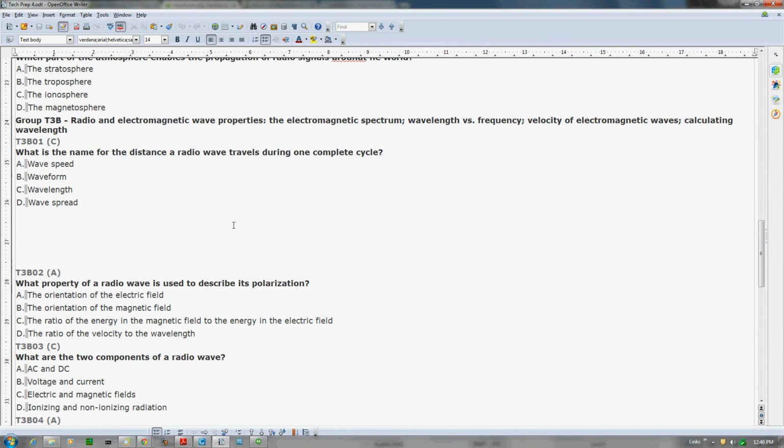Okay, then we're in the next group. Next group is radio and electromagnetic wave properties. Oh, so what is the name for the distance a radio wave travels during one complete cycle? And that's a wavelength. We talked about that on one of the earlier videos. So our next question